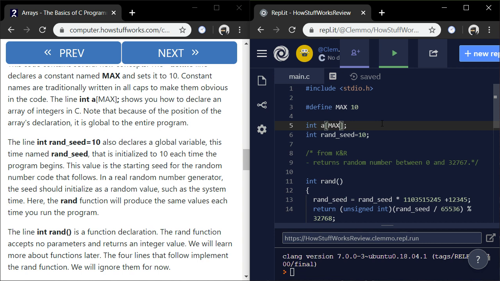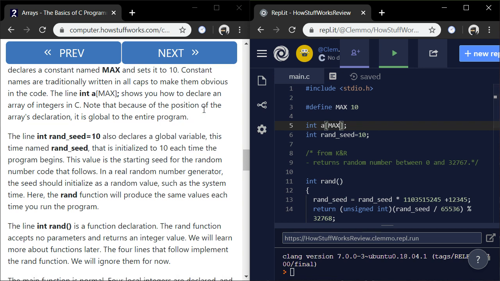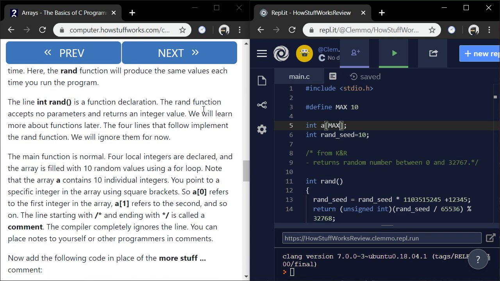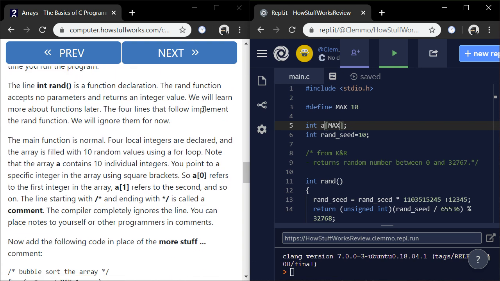In a real random number generator, the seed should initialize as a random value, such as the system time. Okay. Here, the rand function will produce the same values each time you run the program. Good advice, system time value can randomize things.